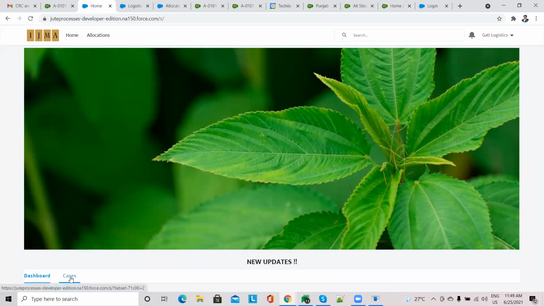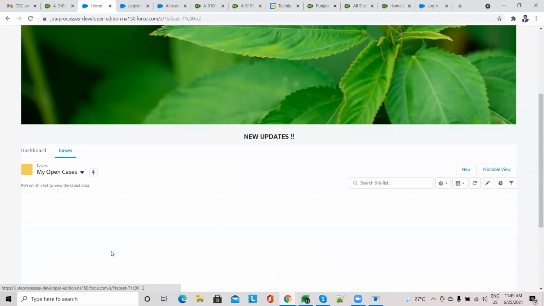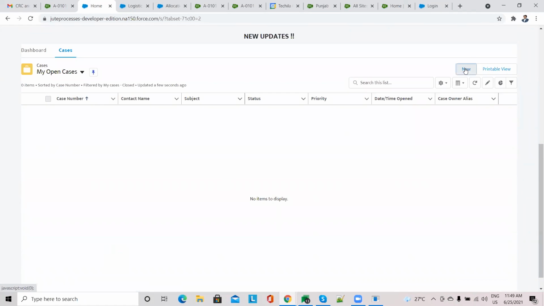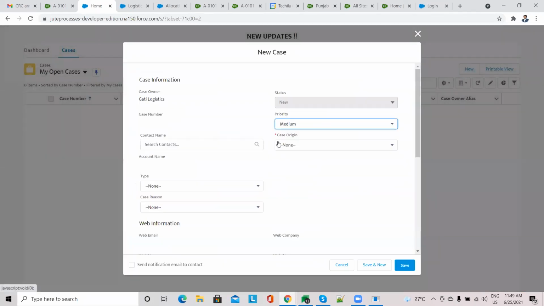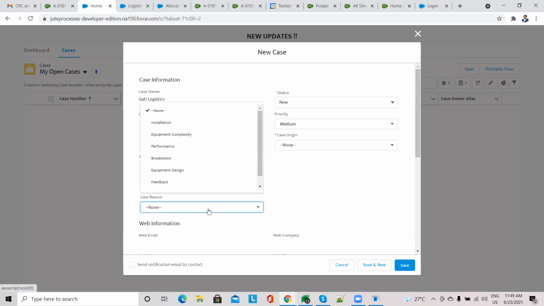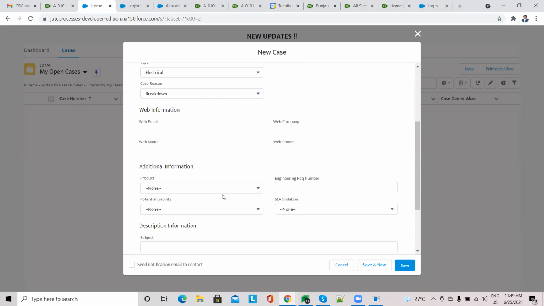On the portal, there's another thing which is case. If any of the personas need to communicate to the Jute Commissioner, apart from email, apart from mobile, they can always go ahead and create a case from here. You can just type the name, the reason for the case, let's say breakdown, and they can add a product.